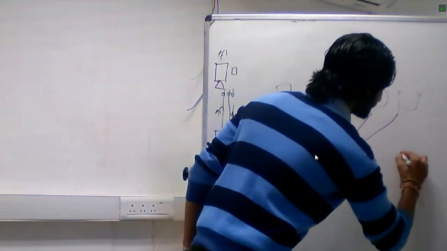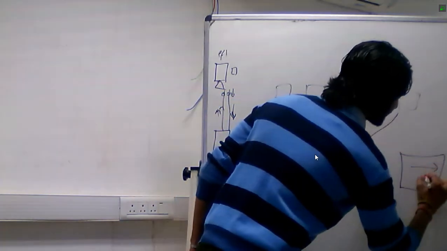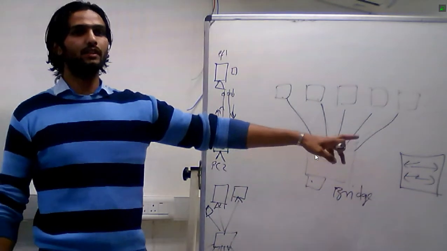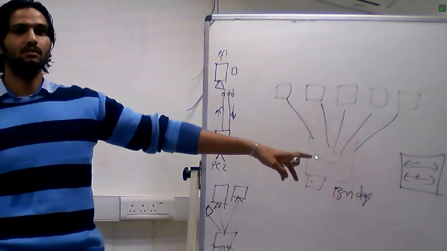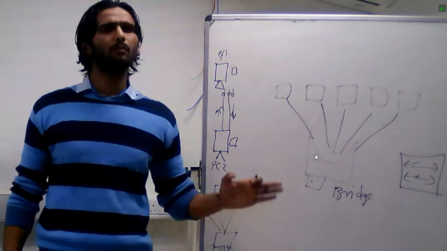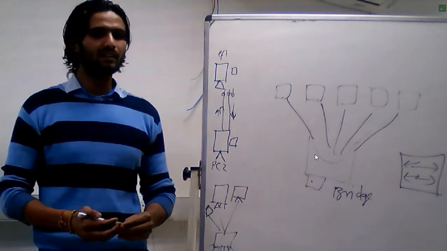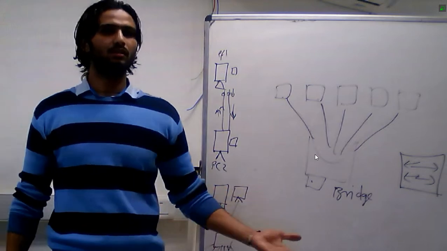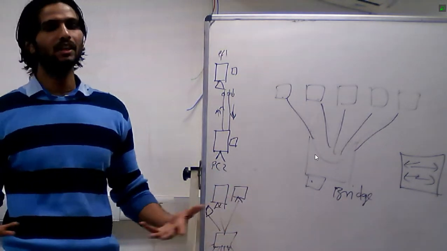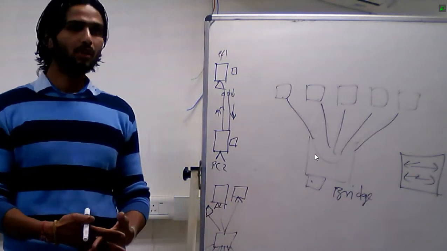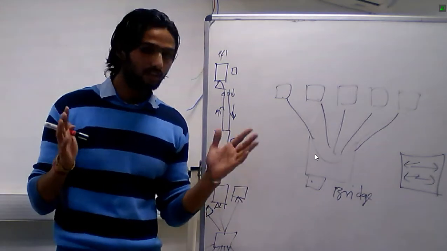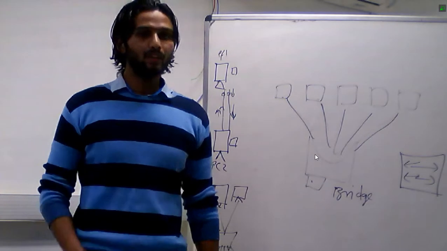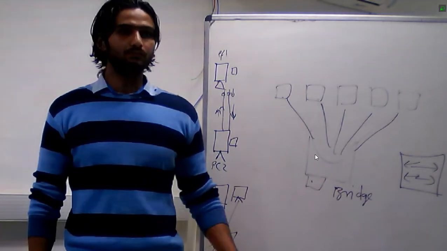Now it is a switch. This is the only thing you can see in the market. In organizations, we use it. Hub, we still use a hub, but at home or for any person running a cyber cafe, he will use a hub because he has nothing to do with data exchange. Because when there is an exchange of data, there will be a collision only. So now what about the switch?